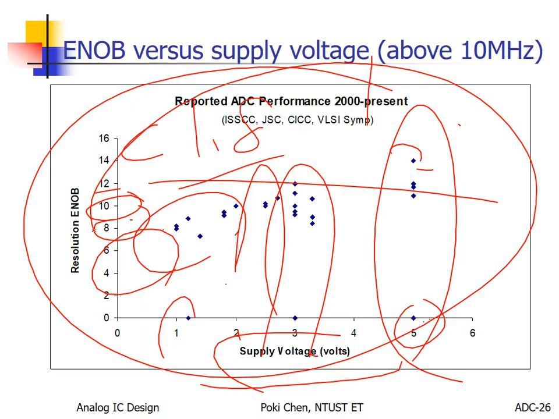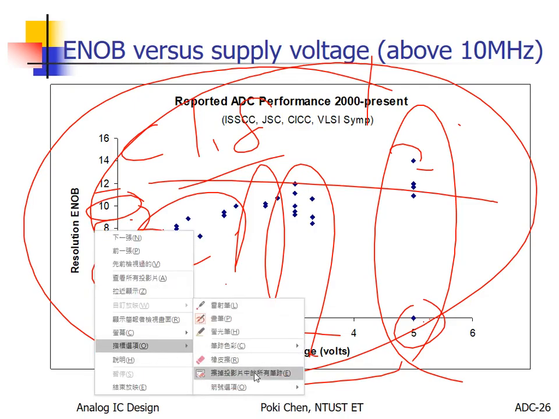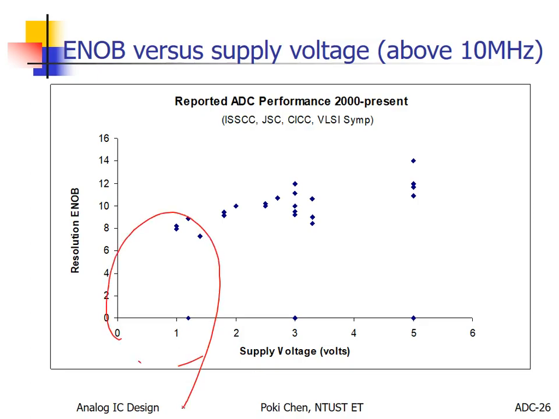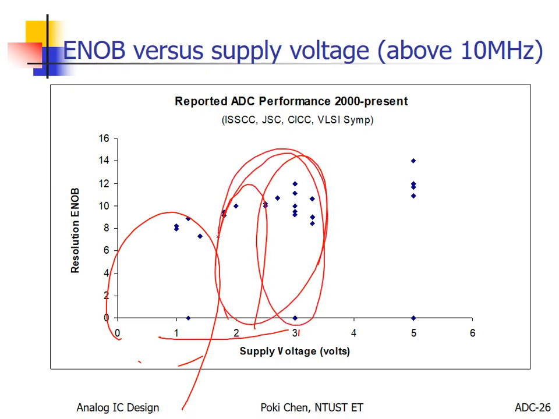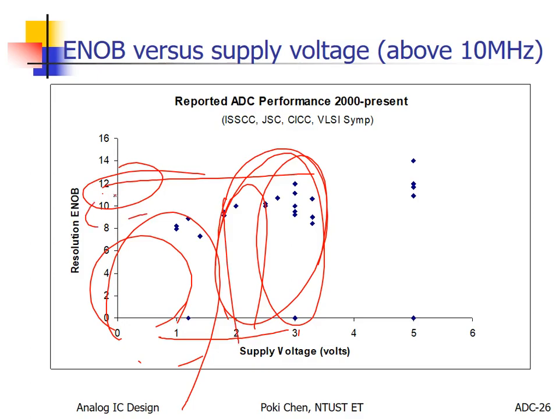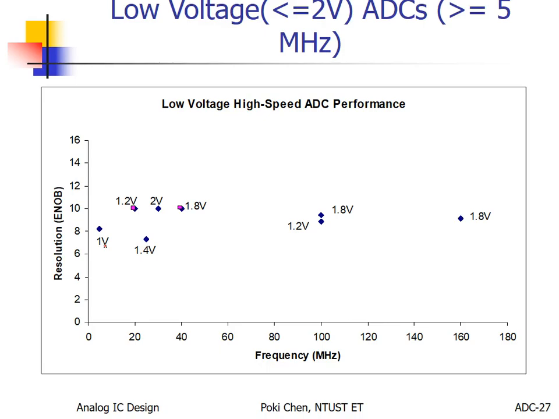But I need to remind you that I'm talking about the supply voltage. Even with new processes, you can still apply thick MOS. Then you can push your supply voltage to here or even to there, right? Then you can still enjoy 12-bit effective resolution, but you need to sacrifice a lot of chip area and power. For regular MOS, less than 1 volt or less than 1.8 volt, 10 or 8 bits should be the threshold. It's really hard to achieve anything beyond that.